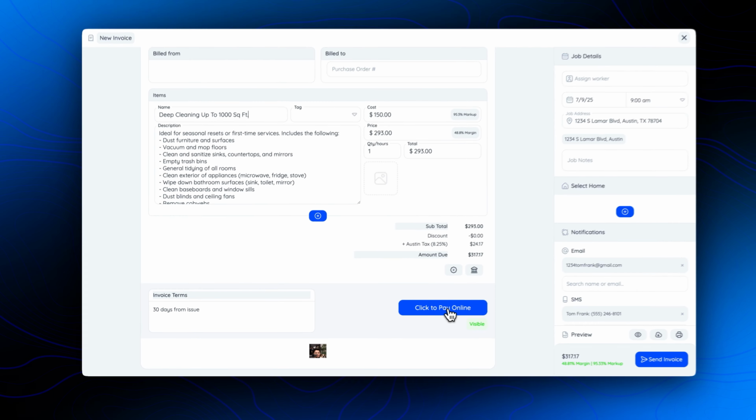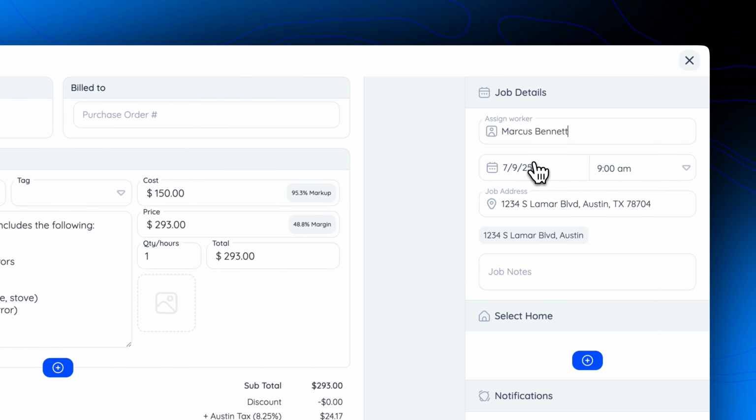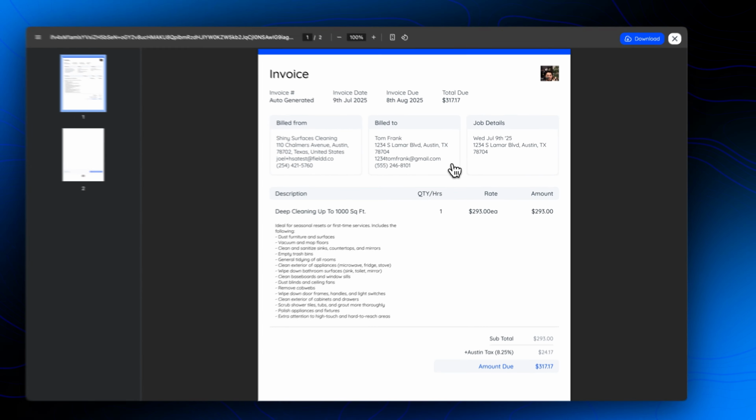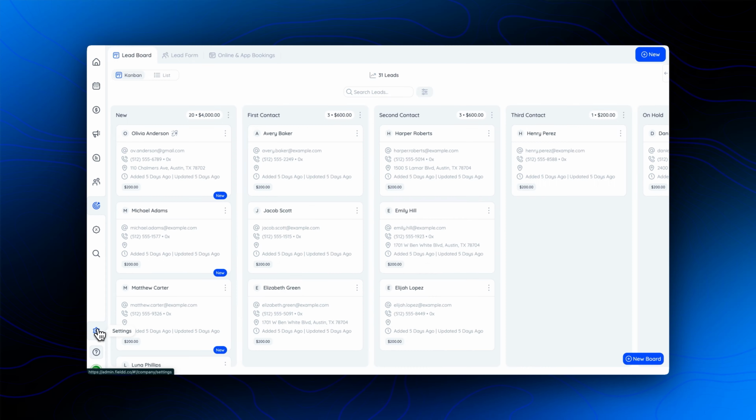This is perfect for estimators or staff working on site who need to deliver fast, professional quotes and help customers book services immediately. If you're looking to further customize quote and invoice style or reminder settings, you can go to